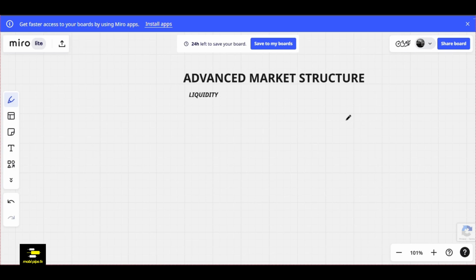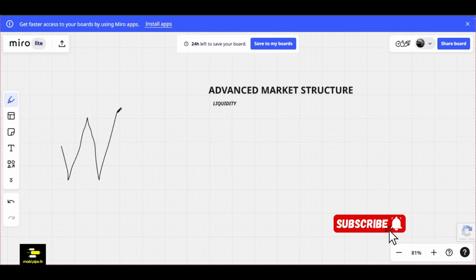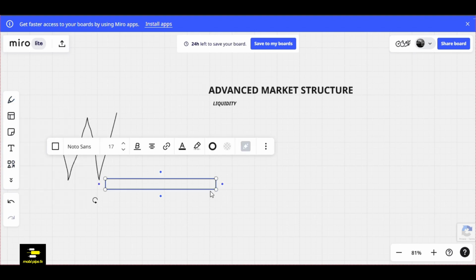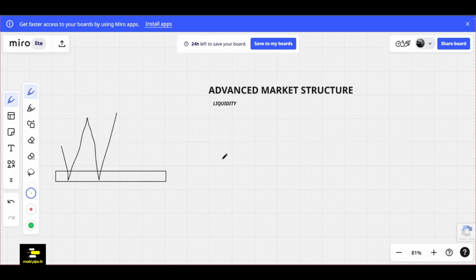The advanced market structure. We began by clearly stating that in the markets, according to basic market structure, we learned that there will first of all be a break of structure, a BOS. Then markets will have to come back into that strong zone, the strong demand zone, to buy. That is what we were told will happen: that this will be our demand zone, and then we'll buy from here. But unfortunately, that's not the reality in real life.